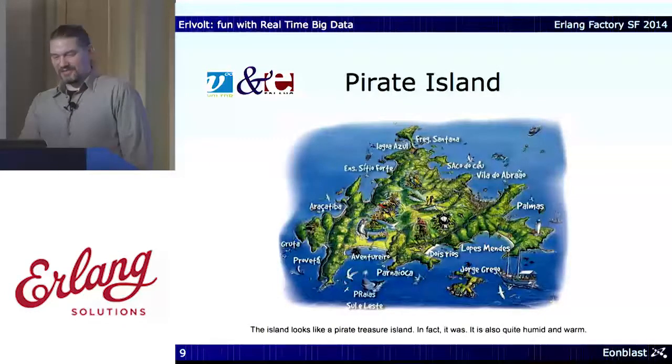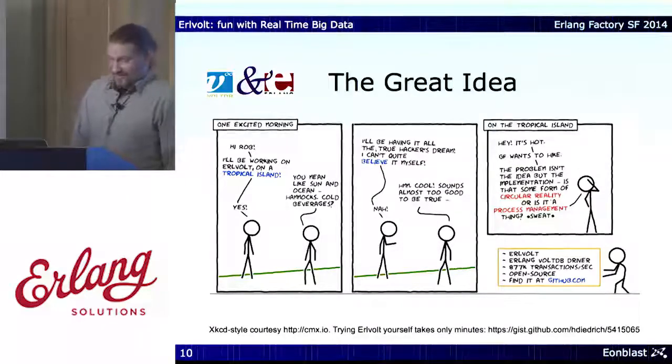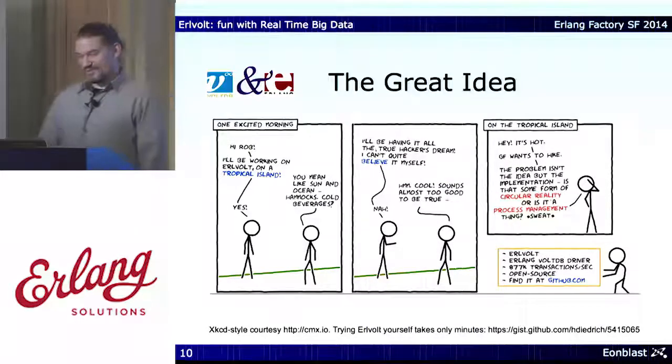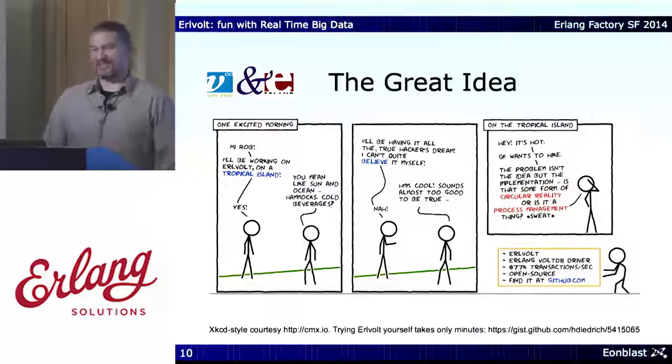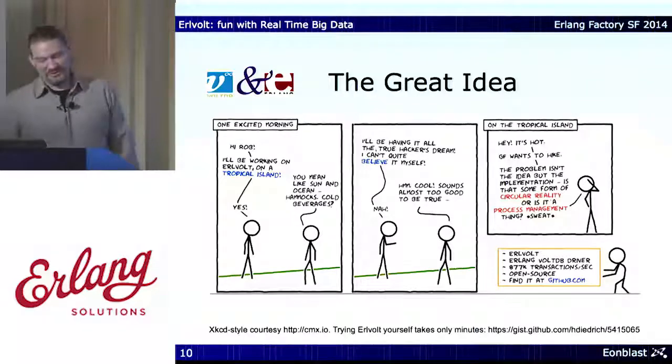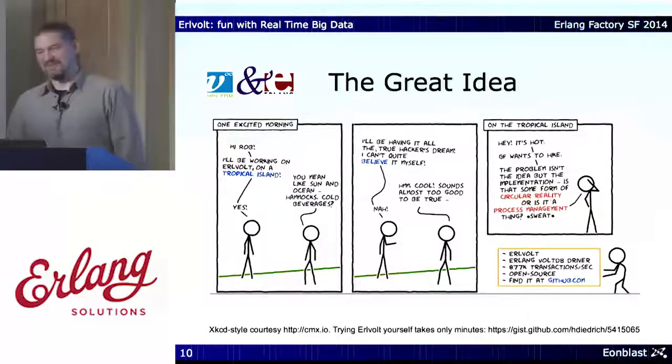Of course, there are many other things you could do. You can hike, you can bathe. It's pretty warm. It's pretty sunny. And at some point, I started to create this cartoon, which summed up my dilemma, that tropical island. You can do that on cmx.io, and I'm sure you all know xkcd. And I sent that over to the VoltDB guys, and especially the CTO, Ryan. He just loved it.